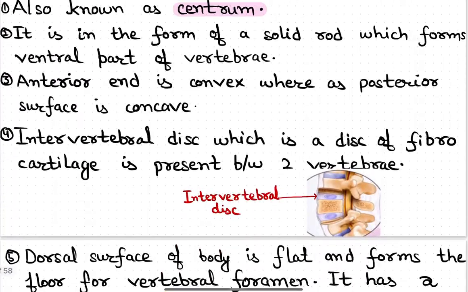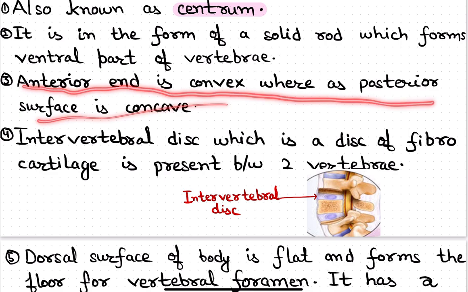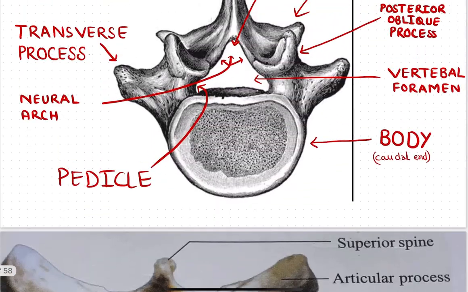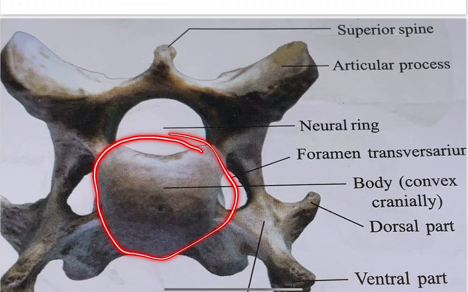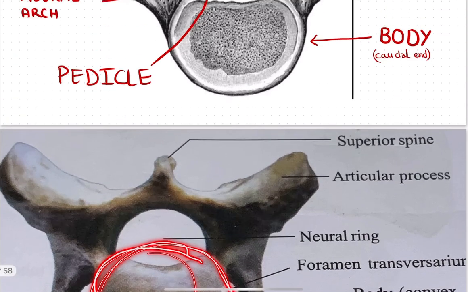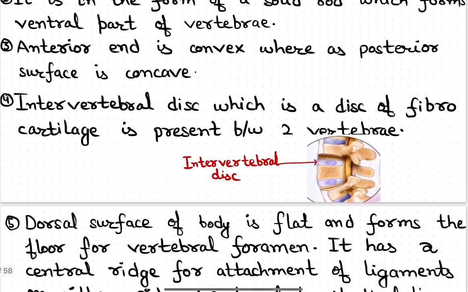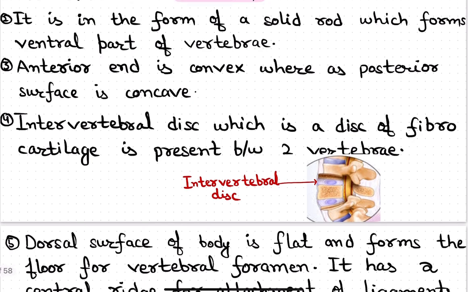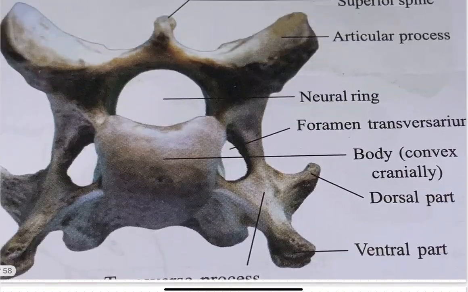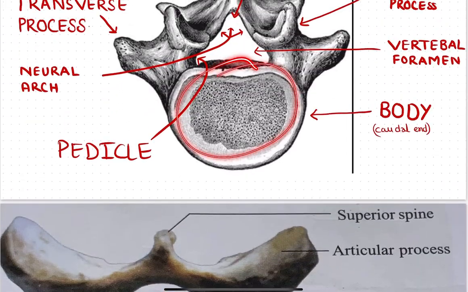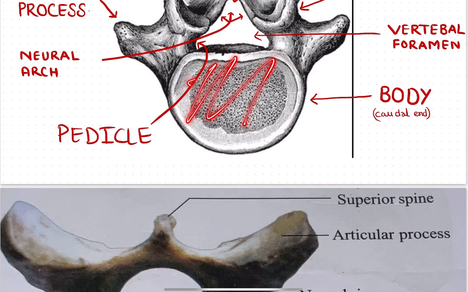Okay, now let me come to the next point. It says that the anterior end is convex whereas the posterior surface is concave. What does it mean? It means that this is the anterior surface of the body and it is convex, and this is the posterior surface of the body which is concave. Now we have the intervertebral disc. What is this intervertebral disc? When the convex and concave regions of the body get adjoined, between these regions we find